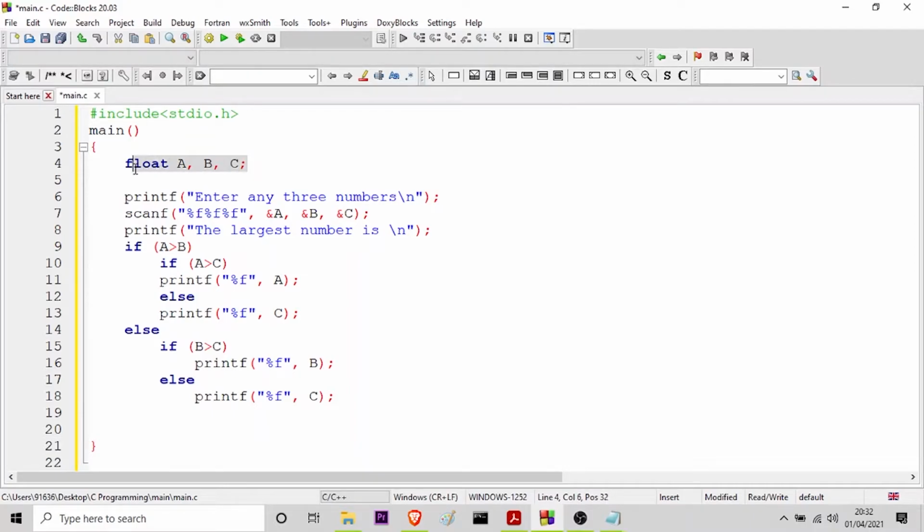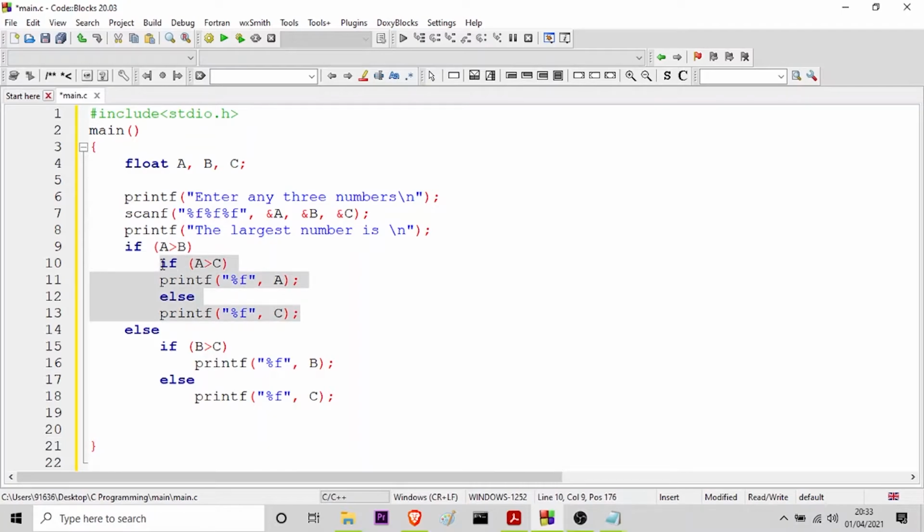You can see I have taken 3 variables A, B and C which belong to the floating data type. Now I'm taking the input from the user and then I'm printing the largest number is, then here you can see this is the entire condition. Here I have used the nested if else statement. You can see if A is greater than B, then it will go into this block.